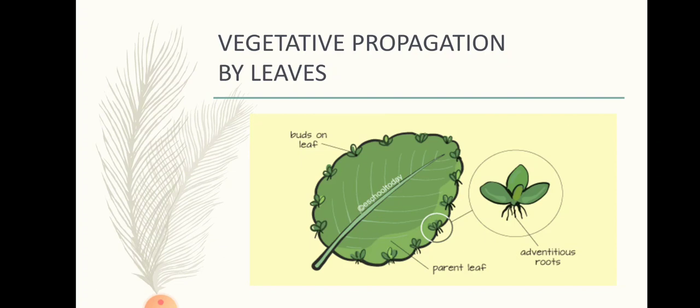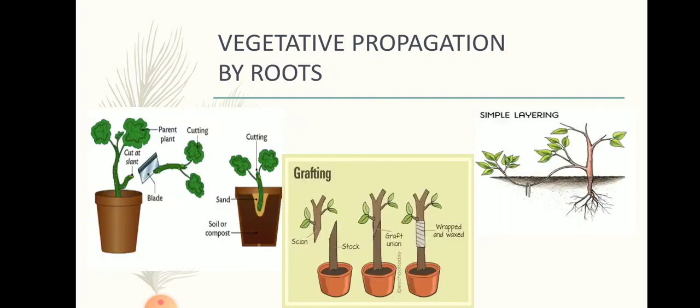Small plants come out on the margin of the leaf, and when they have grown and become mature, they drop from the leaf where they have been growing and develop into a new mature plant. So this is a very interesting method by which reproduction is carried out. Even duckweed, which is an aquatic plant, reproduces almost entirely by the same method as bryophyllum. The next slide shows you how vegetative propagation is carried out by roots.